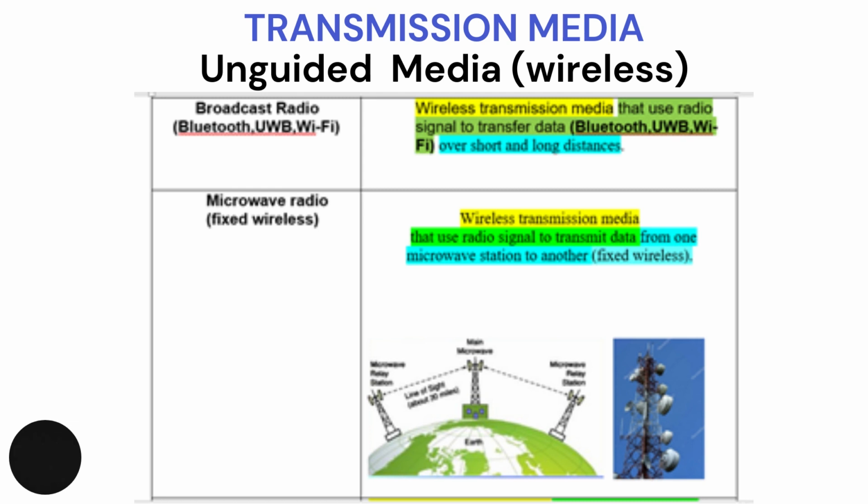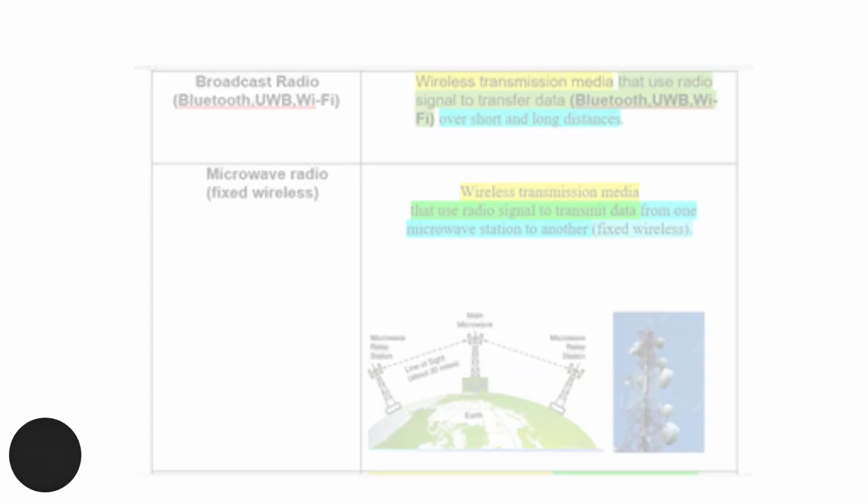Okay, then we move on to the microwave radio. So what is a microwave radio? Okay, so it's a wireless transmission media. What does it use? Okay, it still uses radio signal to transfer data. Okay, now you are going to mention the distance. So the distance is from one microwave station to another. Okay, you can also call microwave radio a fixed wireless. Right, then we move on